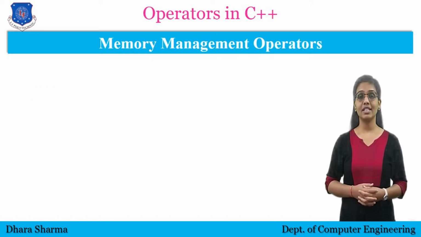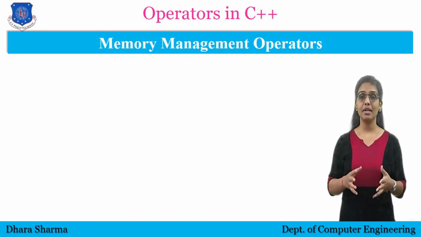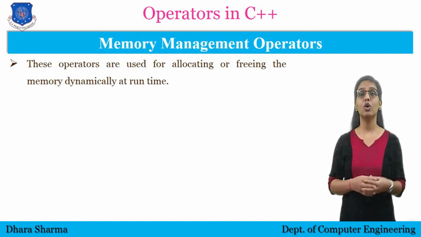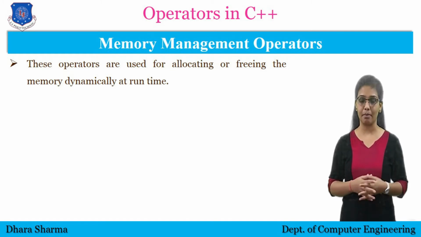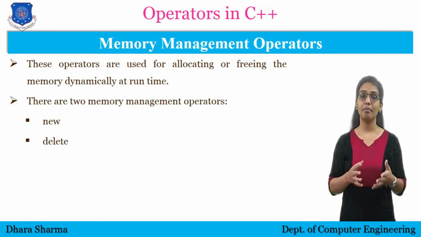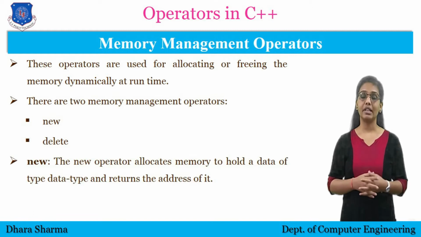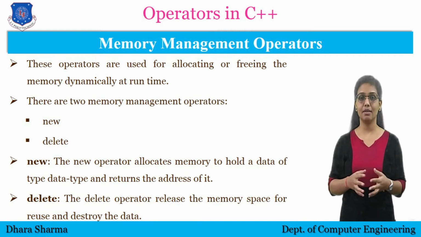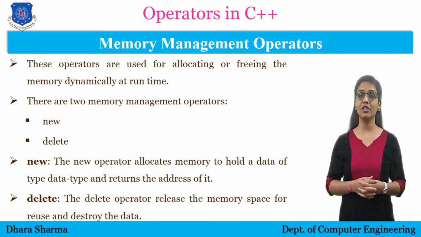So, first of all, let's understand what is memory management. Memory management means allocating the memory at the time of need and, after completing the task, releasing or freeing the memory. To manage the memory in C programming language, we have seen malloc or calloc functions. In C++ programming language, we are going to understand new and delete operators for memory management. The new operator is used to allocate the memory and the delete operator is used to release the memory. With the help of an example, we will see how we can use both operators, new and delete.